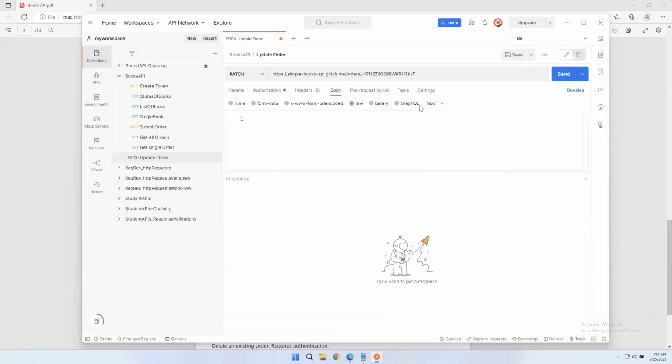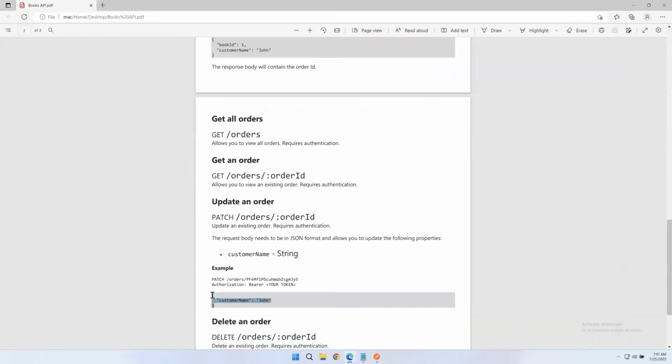If you don't select the raw, you will not get these options. So we have to select this raw, and then we will be able to see the options. Now select this JSON, and here we have to send the name of the person who ordered that particular book. Previously, this book was ordered by John, so now we can change the name. So we can just pass this JSON format